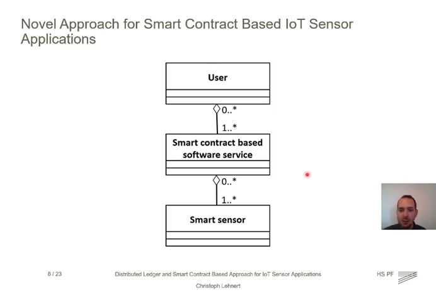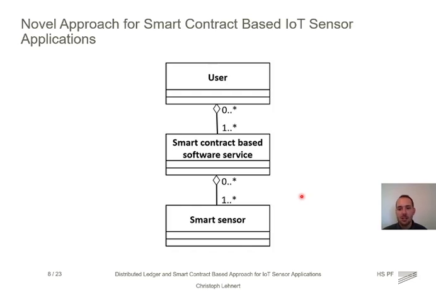The smart contract for the software service has a memory function, a logic function in which information is processed, and an event that is triggered under predefined conditions. The interaction between the user and the software service takes place via a front end, a so-called DApp, a decentralized application. New participants in form of sensors, users, or software services can easily be added.